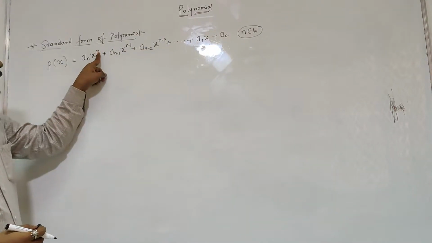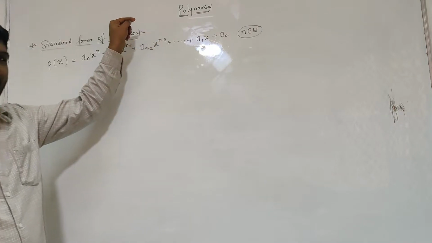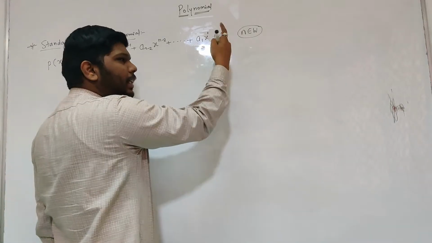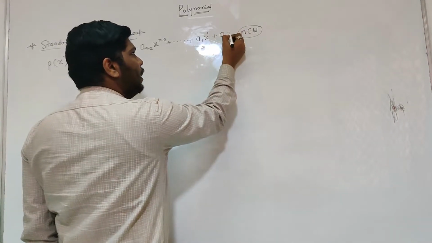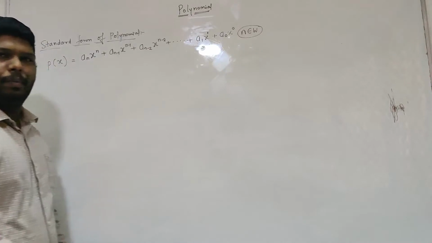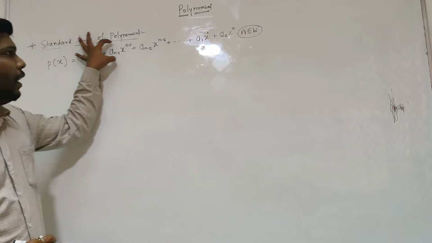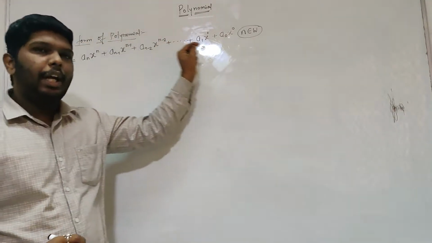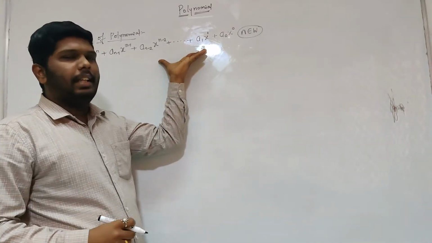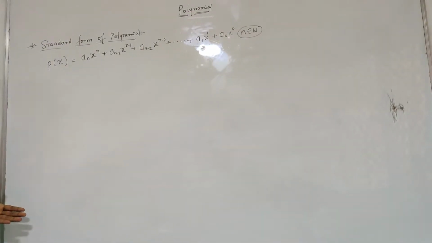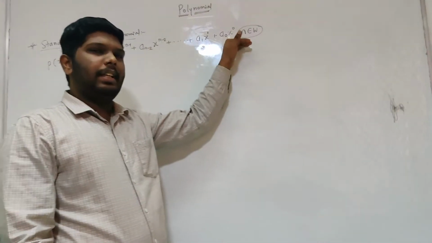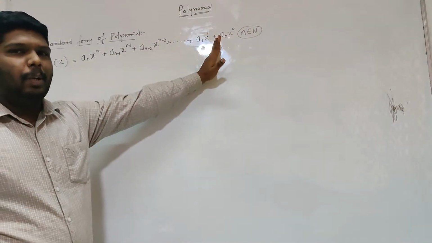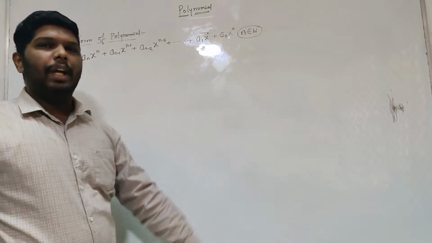Okay. And now when you see this n minus 1, n minus 2, like that it is reducing till here. I can say the value of n is 1, and in the last term since x is absent, I can say the value or the power of x is 0. Correct? So we can say in this standard form, the powers of x are going to reduce. Okay? And basically this is considered as a standard form of polynomial. Now I can understand that by seeing this expression, it looks a little bit confusing. But when you start breaking this polynomial from the last, the expression becomes quite easy.